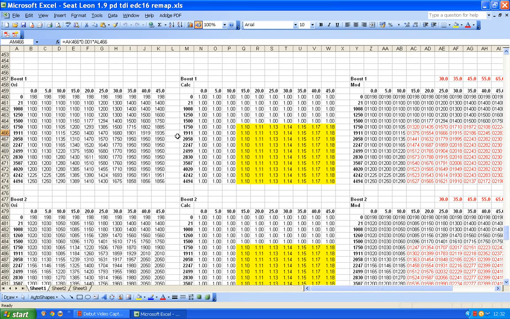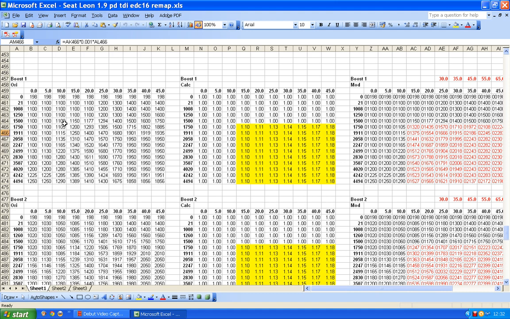Okay, in this video I've just come from the smoke limiting map, the map where injection quantity was being limited by manifold pressure, and I've come straight to the boost map because it's the boost map that's supplying the manifold pressure, so it makes sense to come straight to here. The logical progression would have been to go from the smoke map to the torque map, but I'm going straight to here instead because I want to talk about how we are going to get suitable air for our smoke